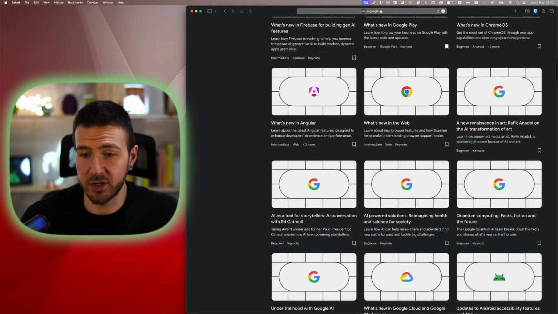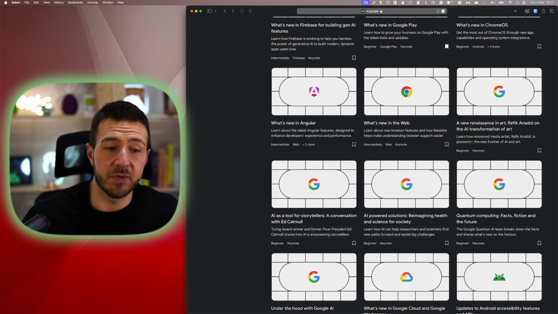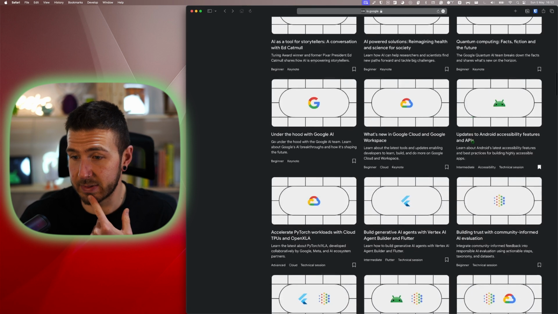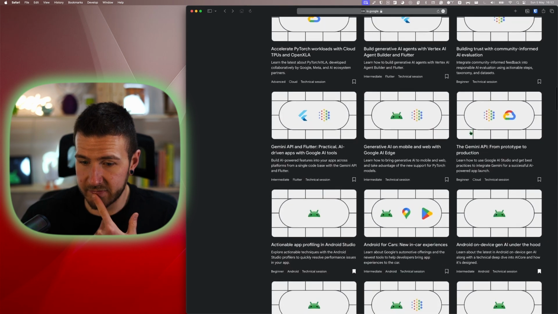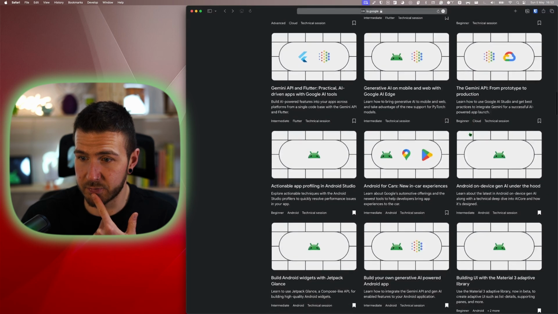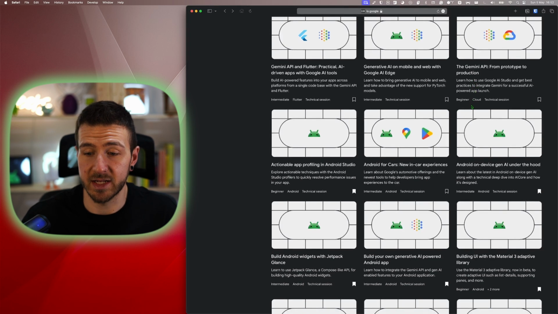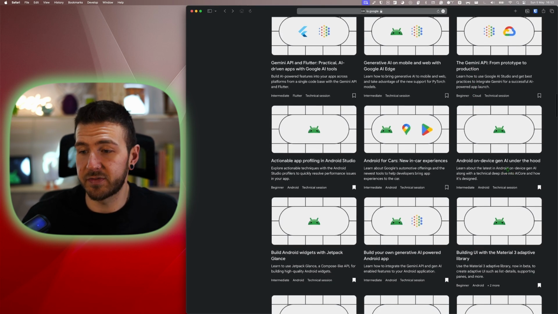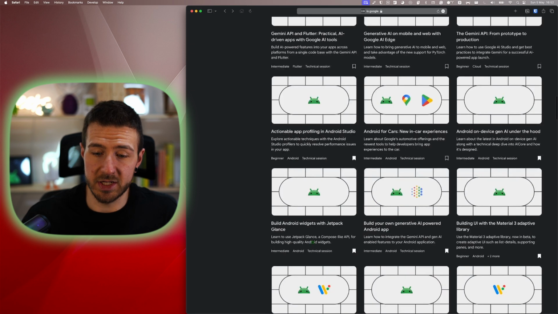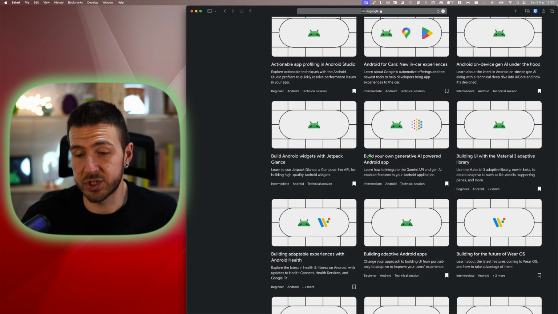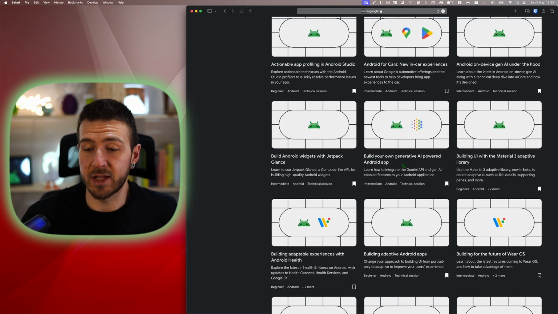I won't watch any of those initially, as I prefer to focus on topics I'm currently working on. Speaking of which, we have Android accessibility features and APIs, which I will be following. We have a bunch of Android related topics which I will be following. For example, actionable app profiling in Android Studio, Android on-device Gen AI under the hood, building Android widgets with Jetpack Glance, which is Jetpack Compose for building widgets, building your own generative AI-powered Android app, building UI with Material 3